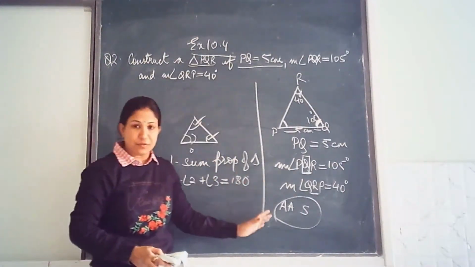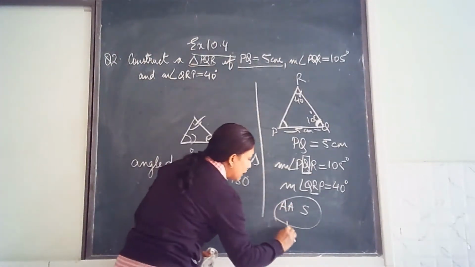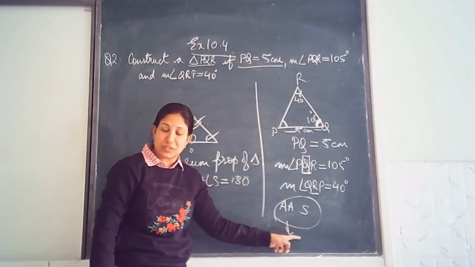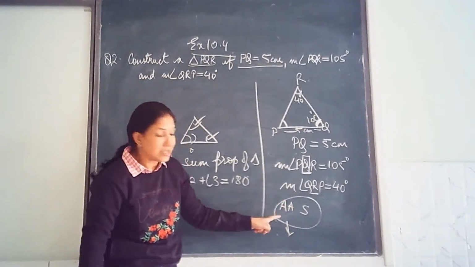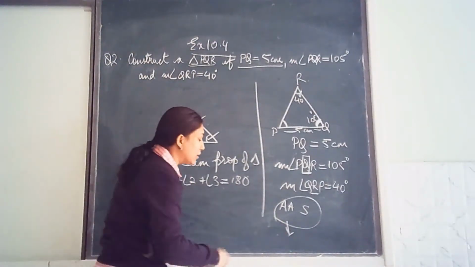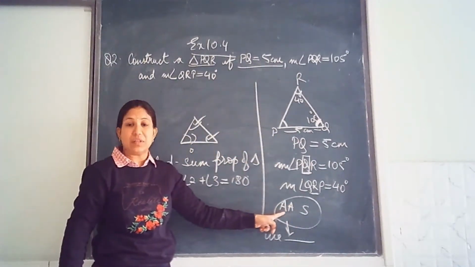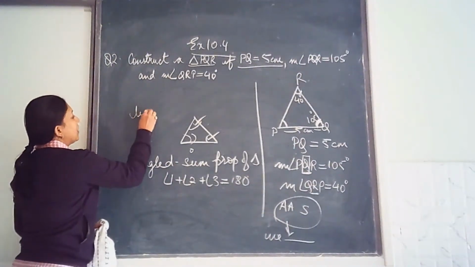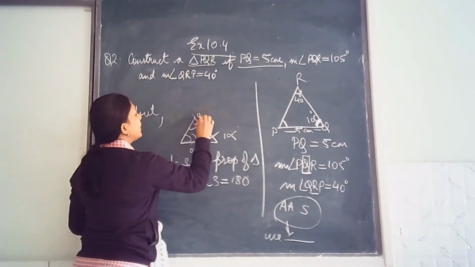So you will do this rough work. You will write down the rough figure, you will write down ASA, then you will write down that it violates. We see that the two angles do not include the side. Therefore, the triangle cannot be constructed. I repeat, after writing ASA, you see it is not obeying the congruence criteria. So the two angles do not include the side between them. Therefore, the triangle cannot be constructed. But after that, you draw this figure. You know this one, it is 105. You know this value, it is 40.